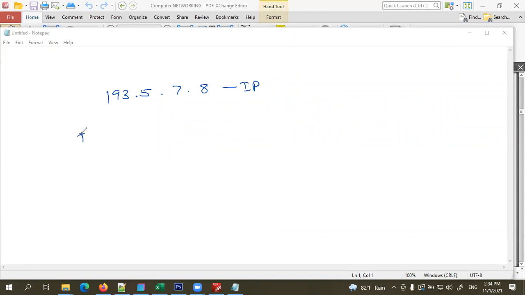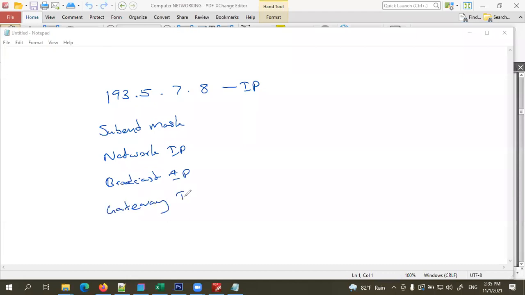I want you to find the subnet mask, network IP, broadcast IP, gateway IP, and host IP range.